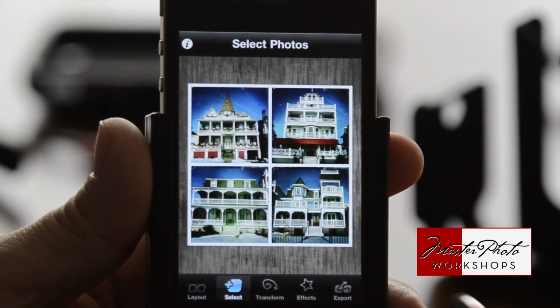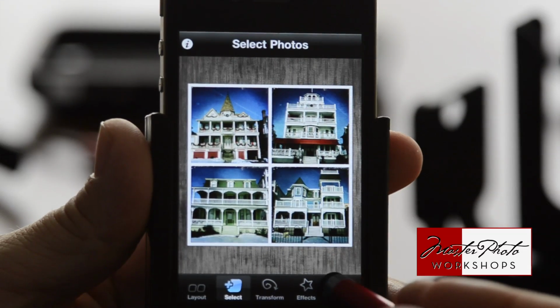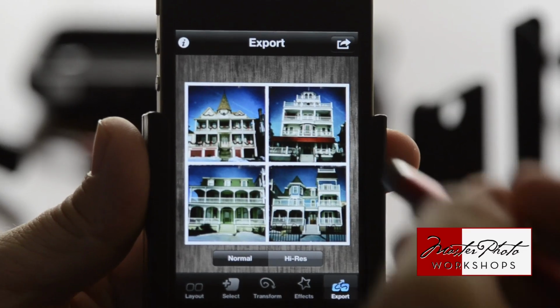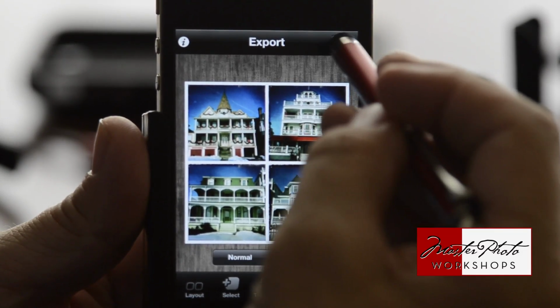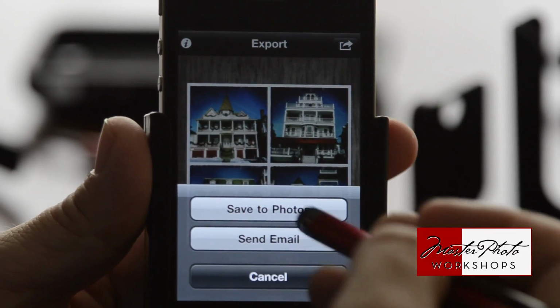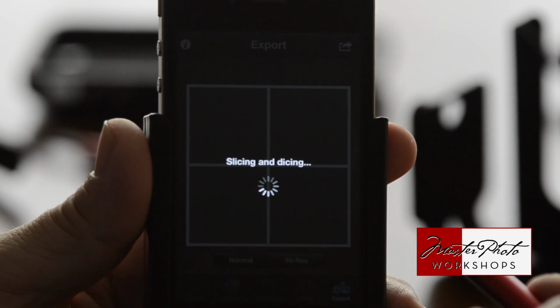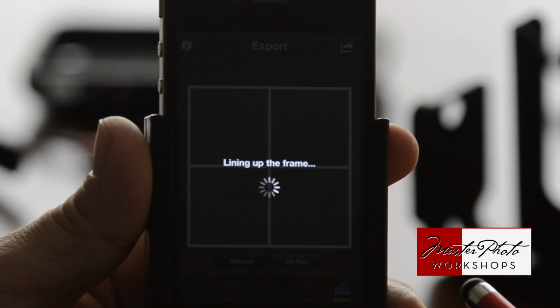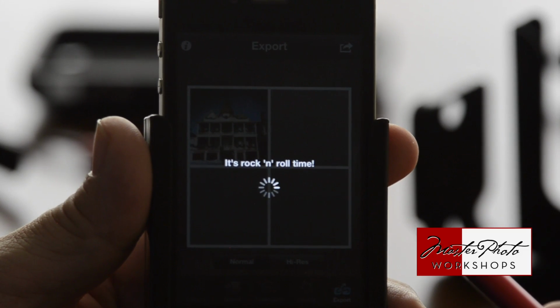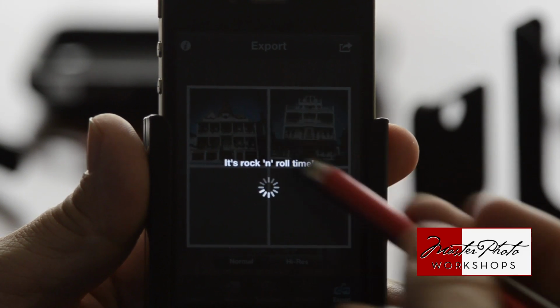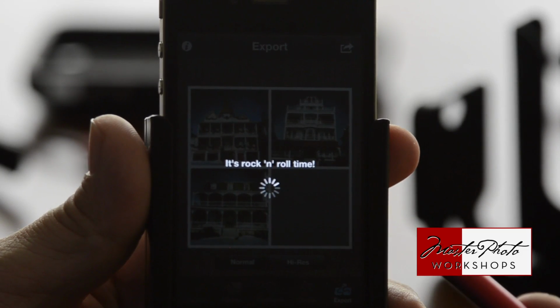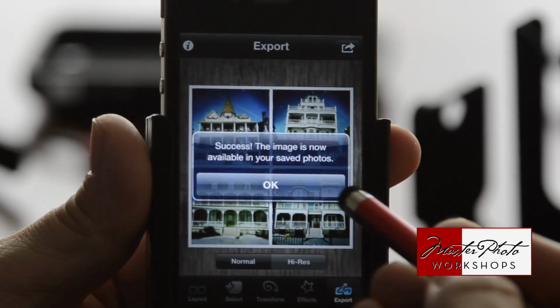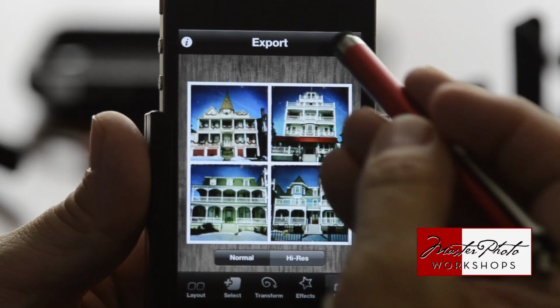At this point, you can basically go in here and say export, and that's where you go to here with the arrow, there it is, and save the photos. And then from photos, you can email it to family members, friends. Takes a second to get them together. It's rock and roll time, it says here. All right, popping them in, see it? Real low, there it is. And there you go. In the photo album, you can email it from here,